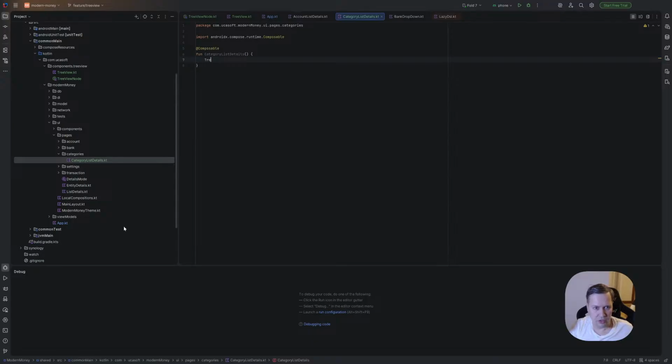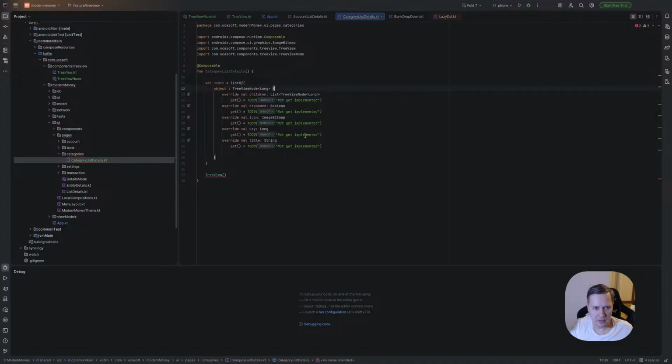Let's use TreeView here. But we need to create nodes. So we need list. Let's call it nodes, and we just create list of something. We can even use object for TreeViewNode, and we need some key so it can be long. And right now we have to implement our members.